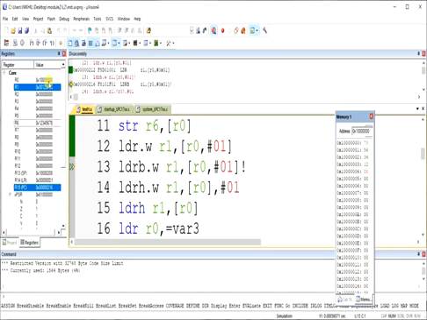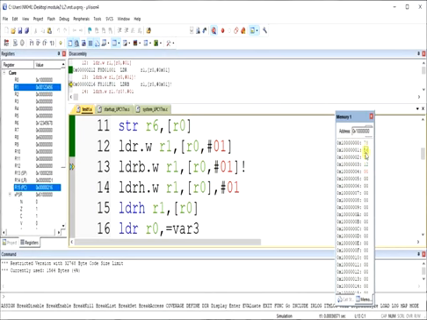Okay, so now this register R0 was having 78563412, and what we have done, starting from the source value 1 followed by 7 zeros, then plus 1, means from here these 4 locations' values will be loaded into R1.